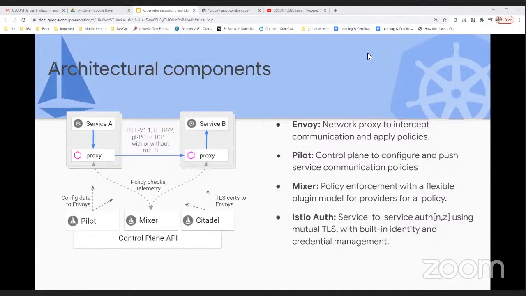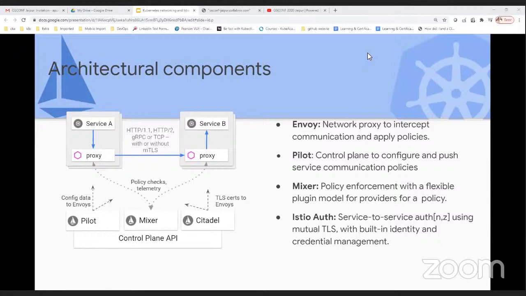It's not anything else. Pilot pushes the service registry info and routing rules to the Envoy proxies. So the rules and registry info are there, and that Pilot will do.